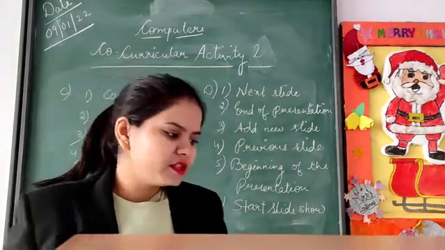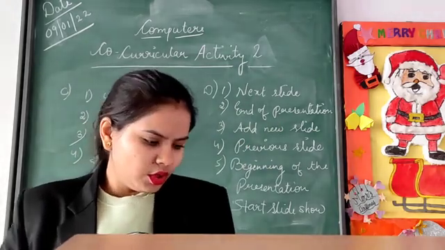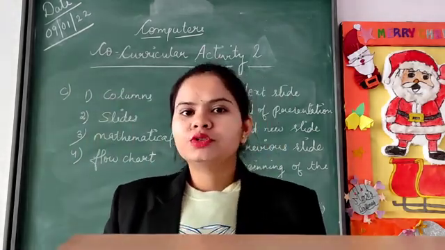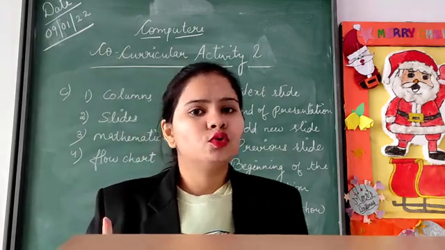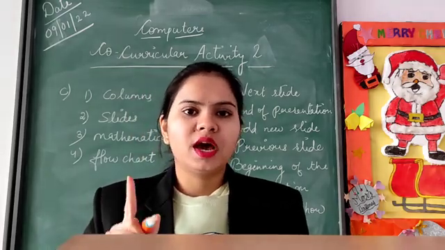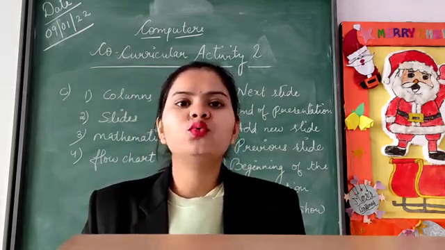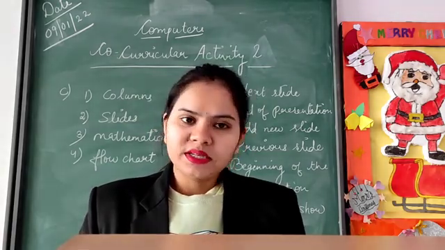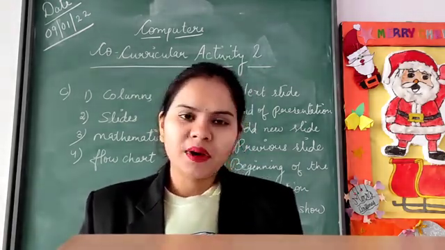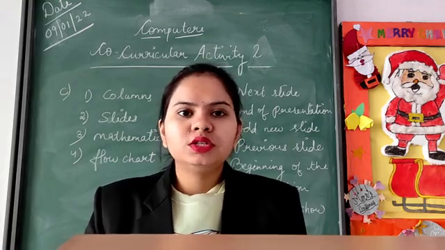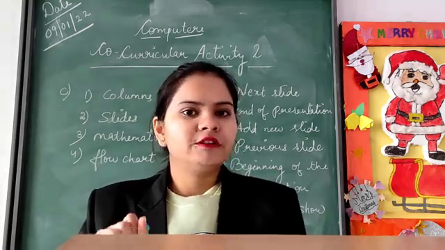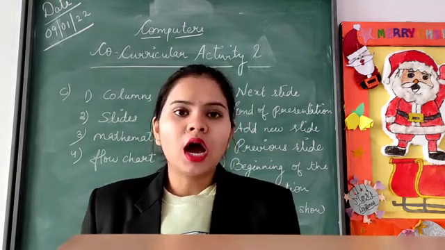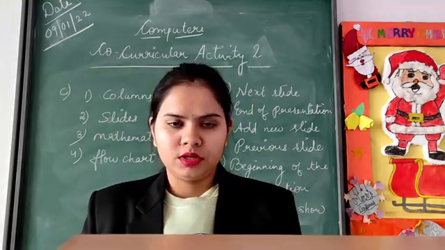So now we are done with this co-curricular activity 2. Your homework is to write down these question answers in your copies. I repeat, only those question answers which I have written on board. That means only 2 question answers: A part second question and B part second question. Only these 2 question answers you have to write down in your copies, and the fill in the blanks and match the following are to be done only in your books.